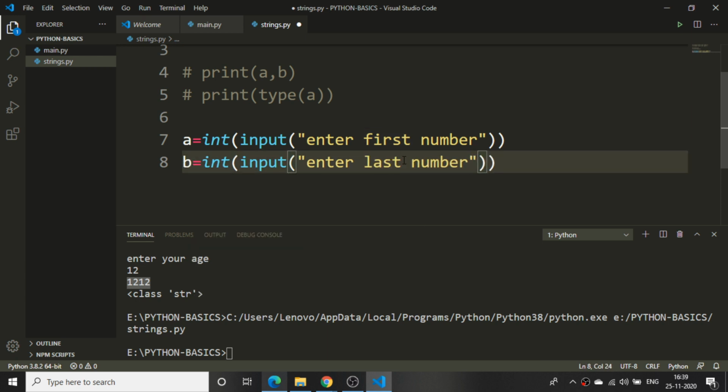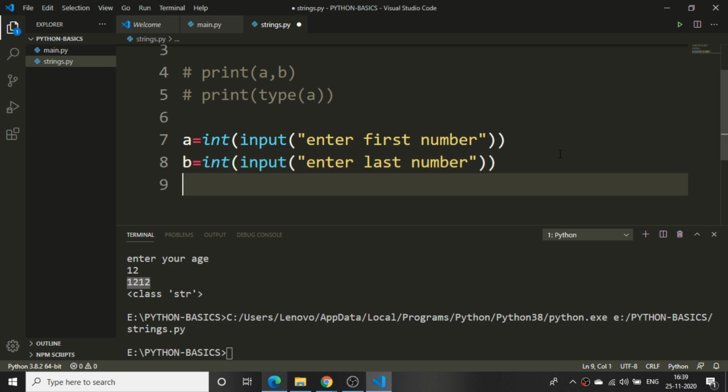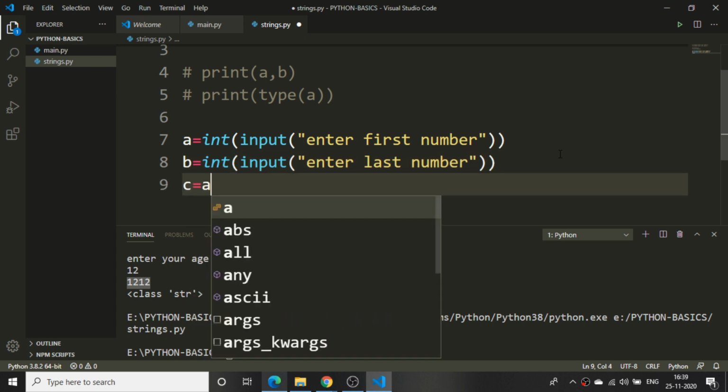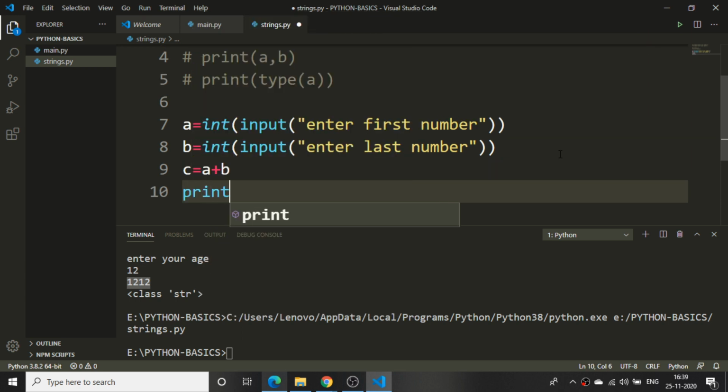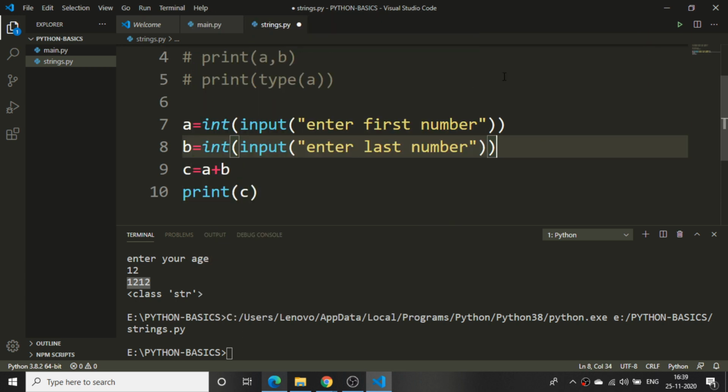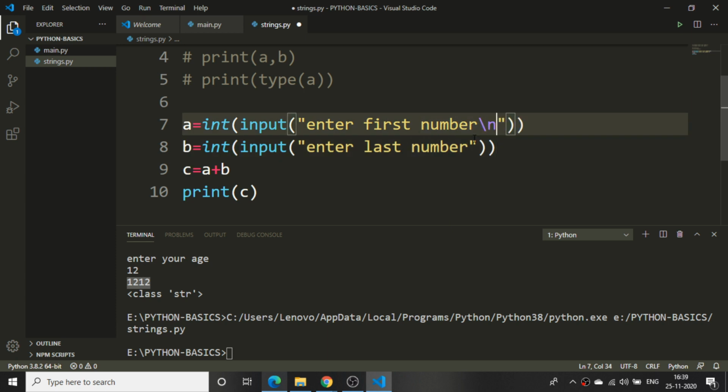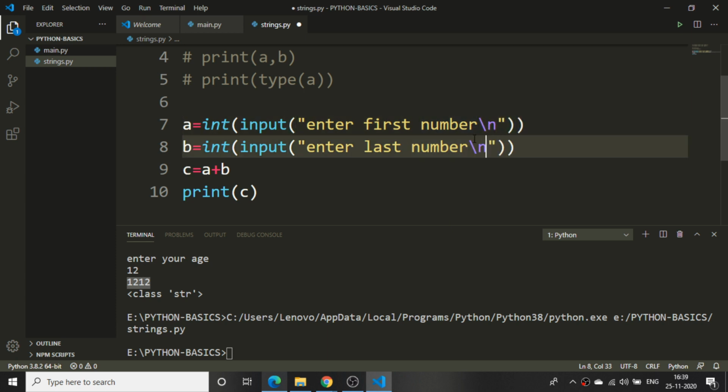Then whatever is there, I'll add it into a variable c, and print the value of c, taking it into a new line, and even this thing into a new line.